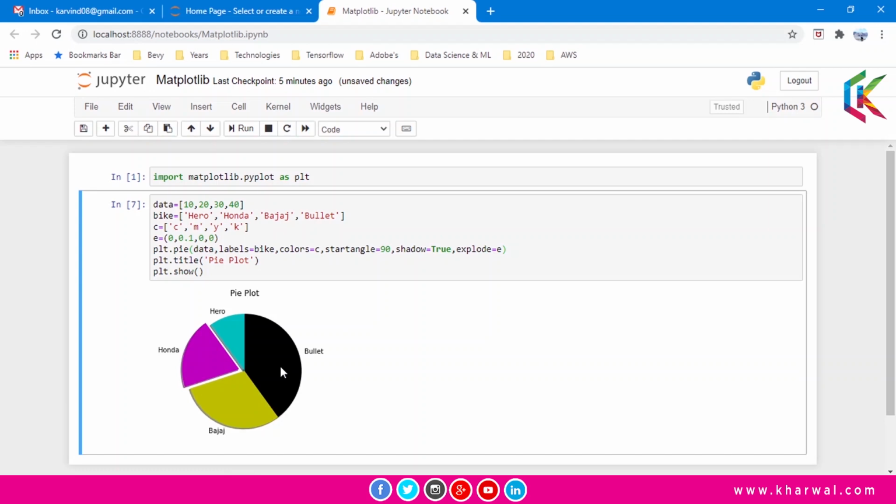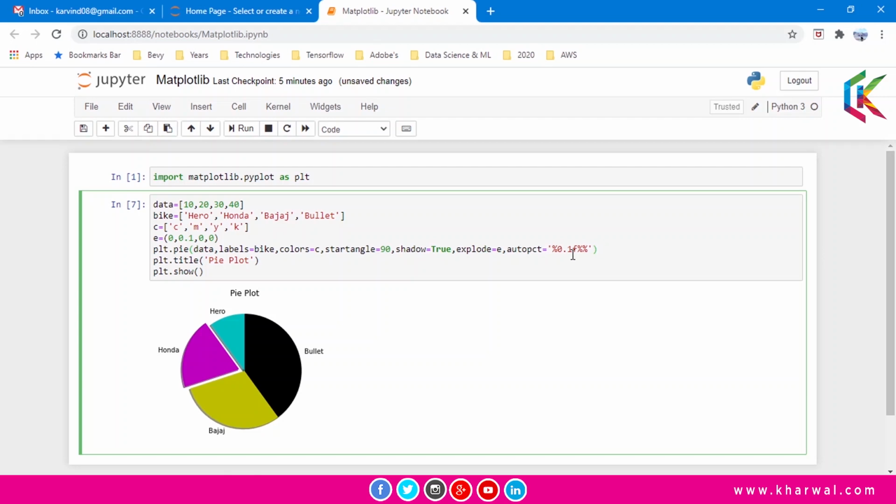Now let's add the autopct parameter here. I have added 0.1f in these single quotes.